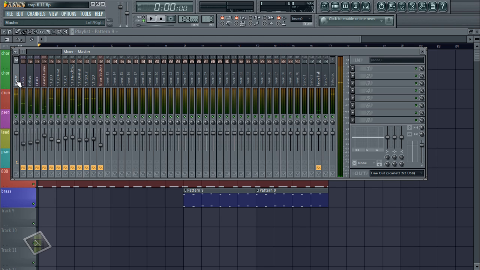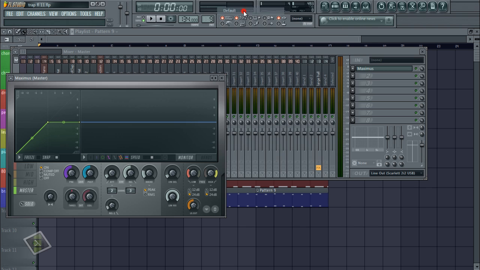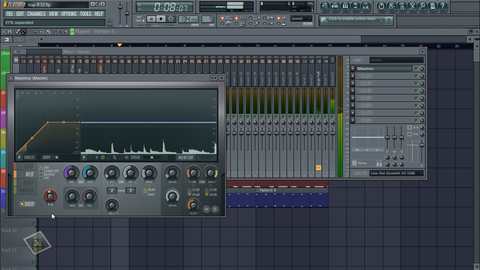Now we're going to work on what's called the master, or the two bus. So we're just going to make this a complete type of track. First we're going to open up Maximus. You're going to right click the presets, go to default. All we're going to do is give everything stereo separation. So for the lows, I'm going to solo. We want everything low to be in mono, so to the right, merged. The mids, we want to spread those out. Highs, you want to give a little bit more stereo separation.